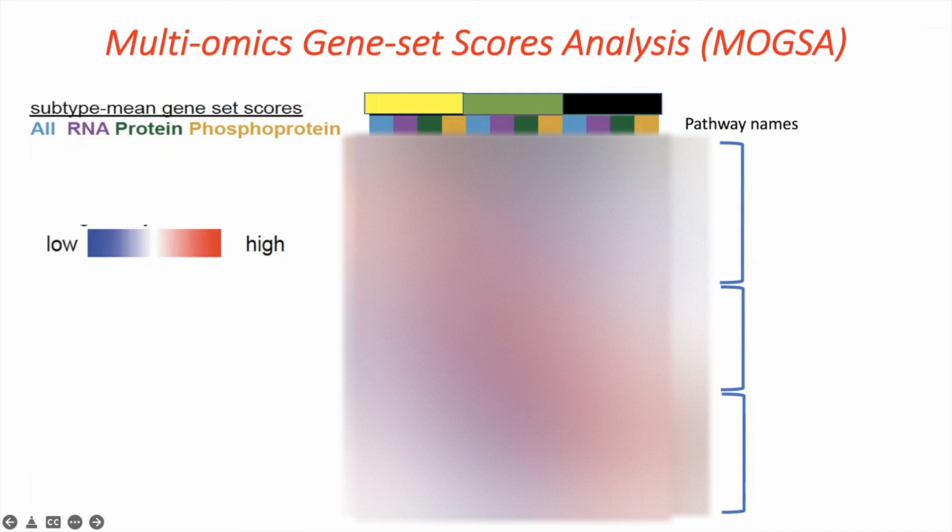As you can see, I have here pathway names. I removed them. You have pathway 1, pathway 2, all the way from 1 to 8, and then from 9 to 13, and from 14 to 19. As you can see, this sort of a bird's eye view of this actual heat map shows that a really nice pattern is emerging for the yellow subtype and the green subtype and the black subtype of cancer. And this is critical because